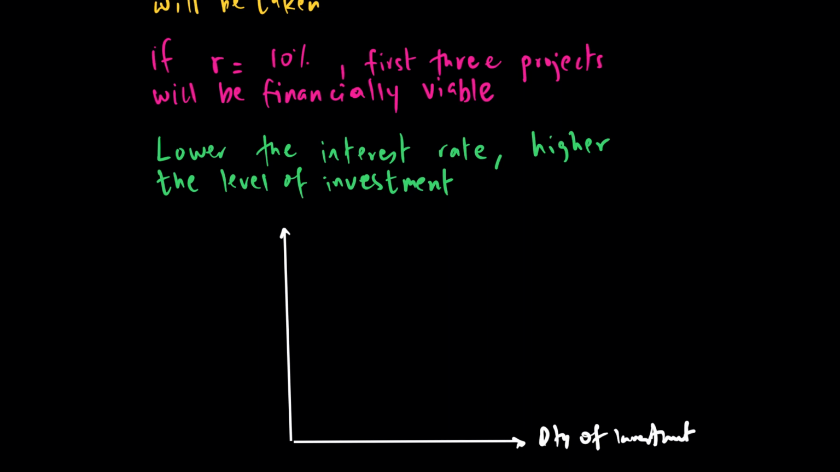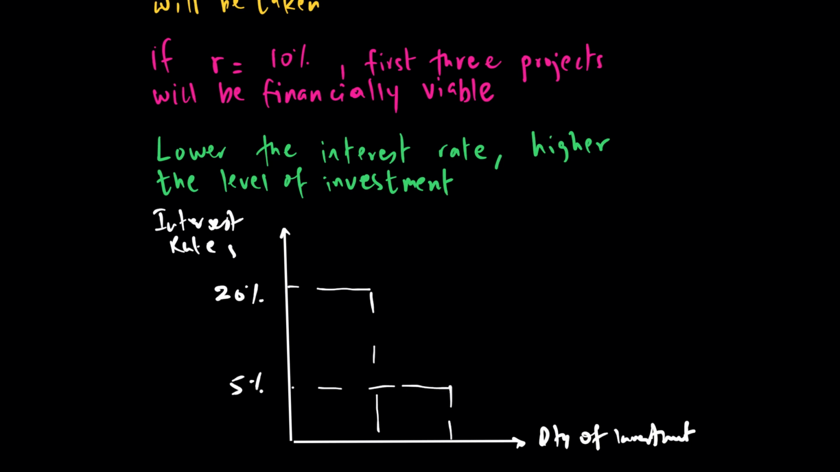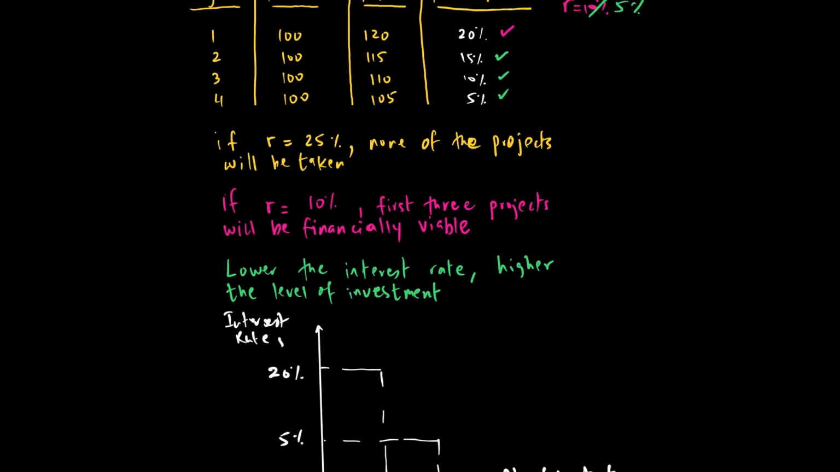On my y-axis, I have my interest rates, and we're saying that when the interest rates are going down from, let's say, 20% to, for example, 5%, previously I was only investing 100. Why? Because when your interest rate is like 20%,